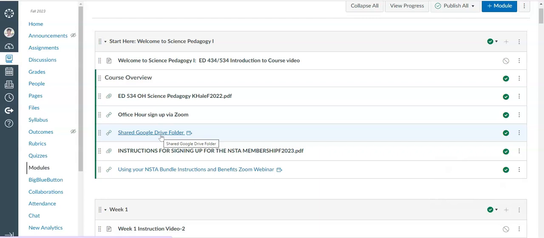Maybe work collaboratively on something. So that will give you access to the shared folder. We do not have a textbook for this course or the course next term, but you will be using the NSTA, which stands for the National Science Teachers Association, website and resources, and you are going to pay for